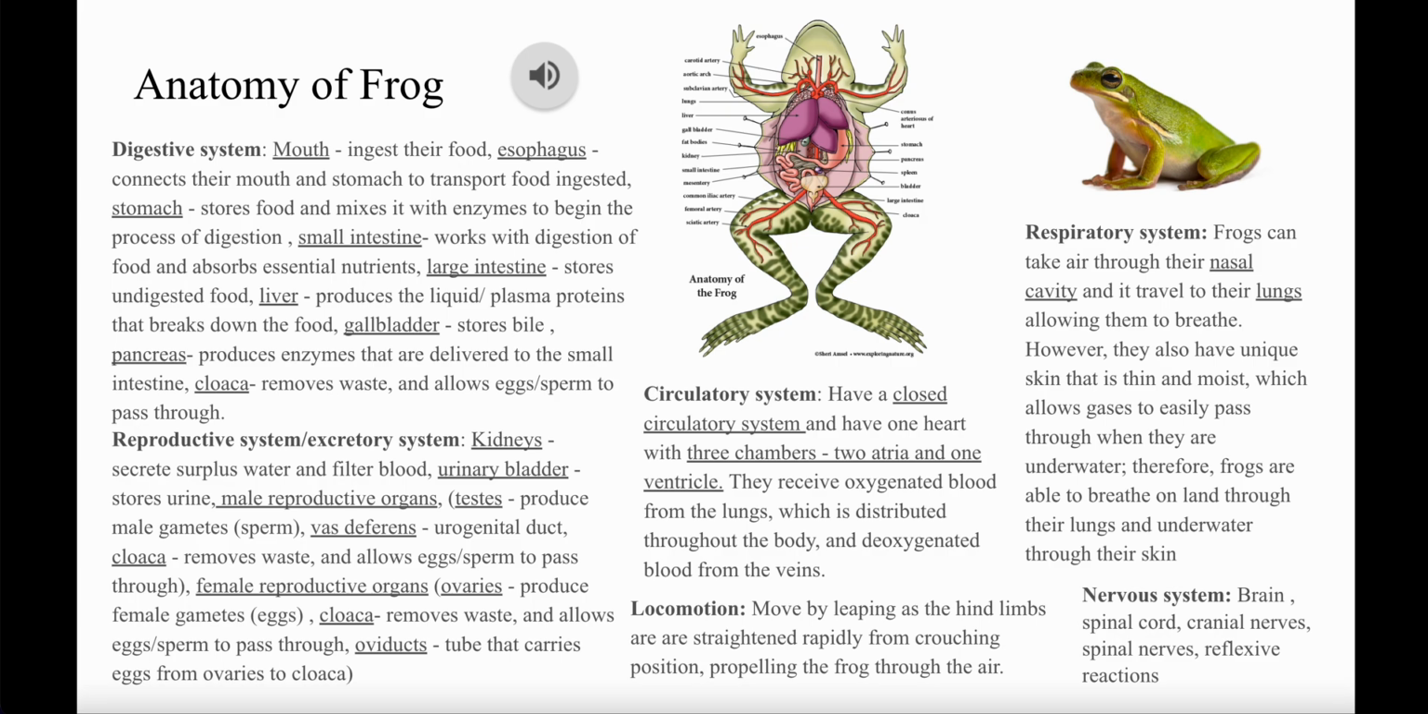Next up, I have their female reproductive organs, which includes ovaries, the cochlea again, and oviducts. So ovaries produce the female gametes, eggs, cochlea, same thing, removes waste and allows eggs and sperm to pass through when they are reproducing. And oviducts, which is the tube that carries the eggs from the ovaries to the cochlea in time of reproduction. Next up, we have their circulatory system, and they have a closed circulatory system, meaning that